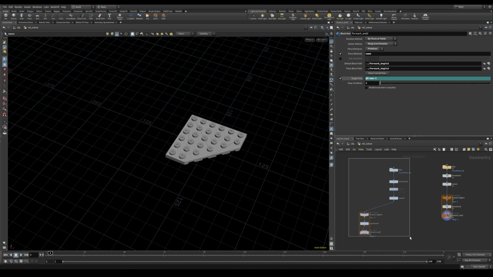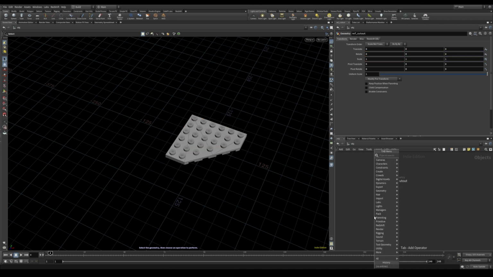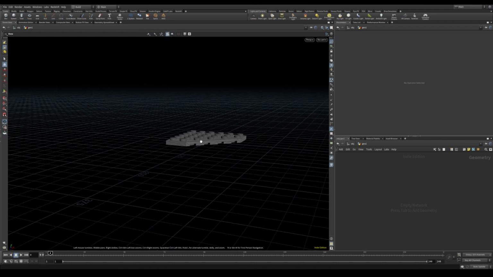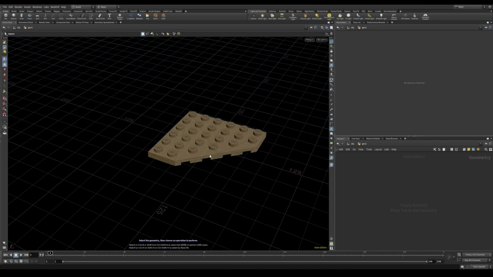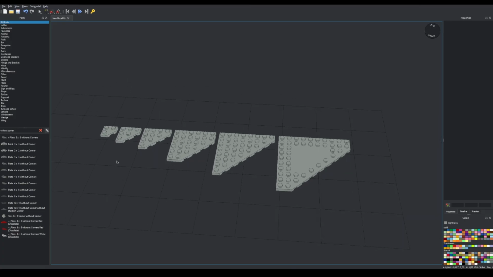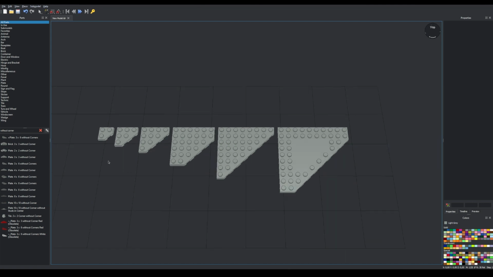So now we have our reference. I can delete this other copy, and we can start to create the geometry. So let's go back to OBJ level and create a geo node and dive inside. Now we want to go on the Hide Other Objects button and say Ghost Other Objects so we can partially see our reference. Now, if we go back to LeoCAD and look at our geometry,